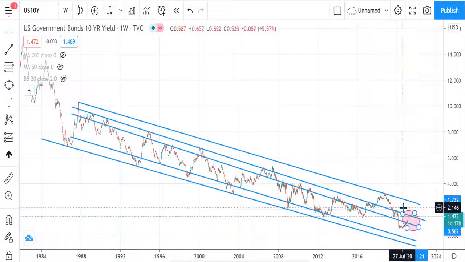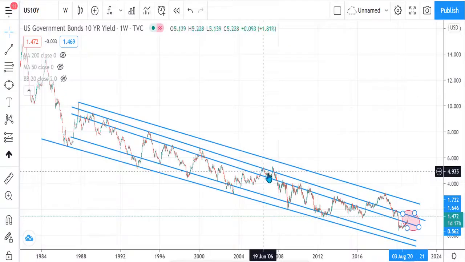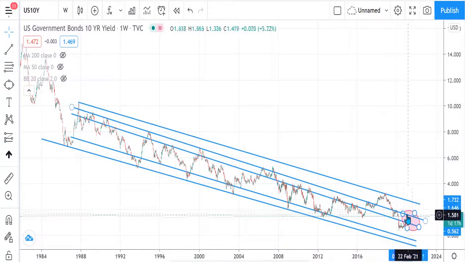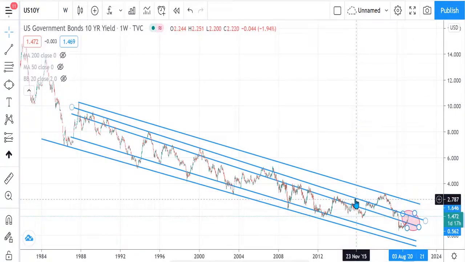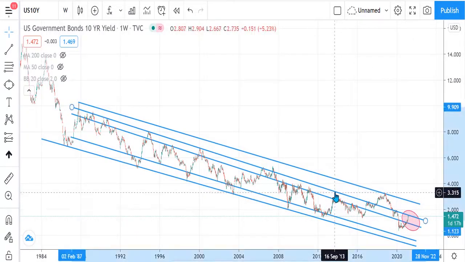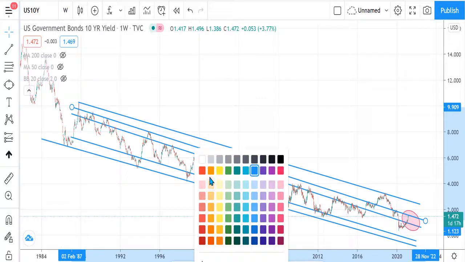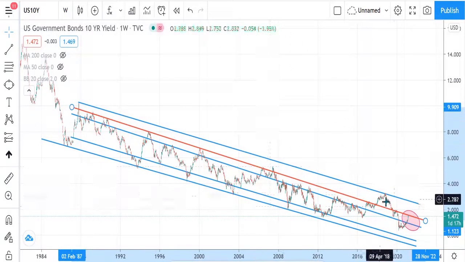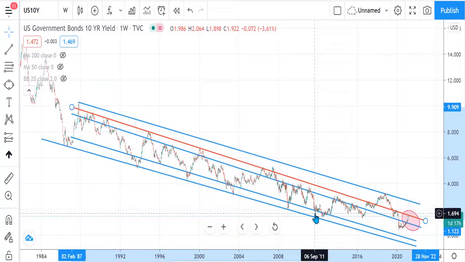We see that it is having a strong resistance in the second layer on the top bound. So it is facing a strong resistance. So this second layer, maybe I'll highlight it in a different color. I'll use a red color for it. So the red line is a very strong resistance point for it to go through. And in fact, we do have another resistance point.